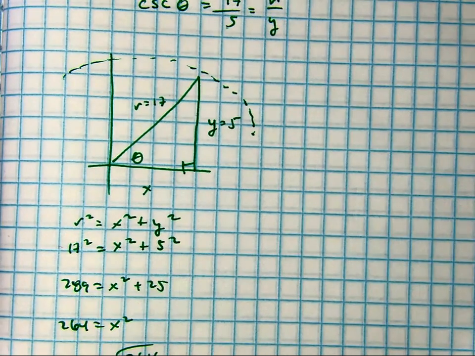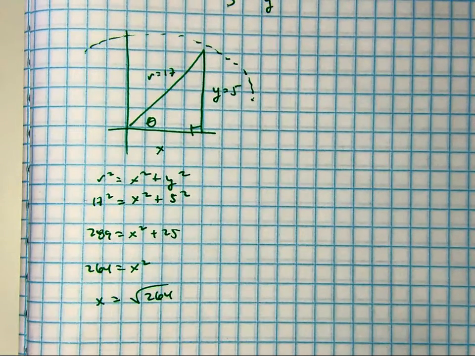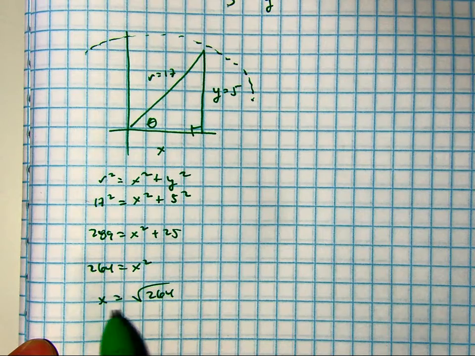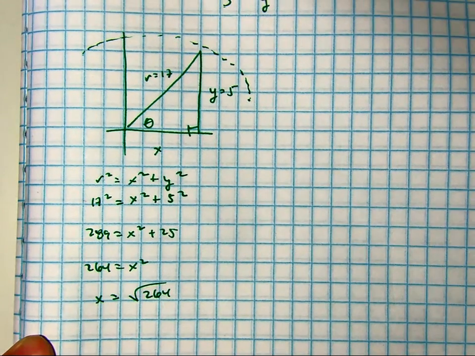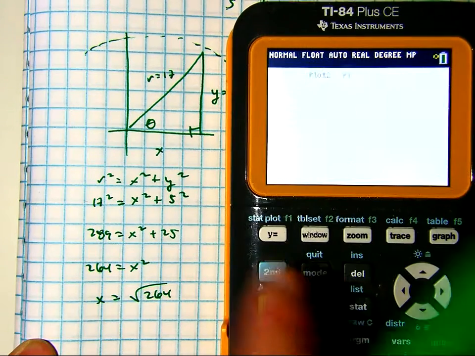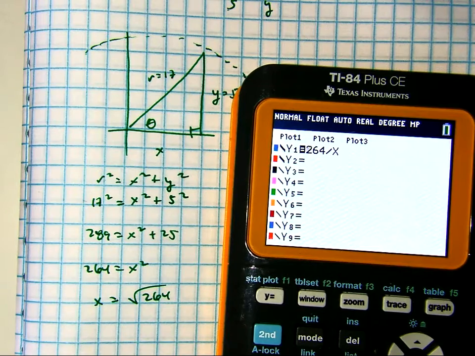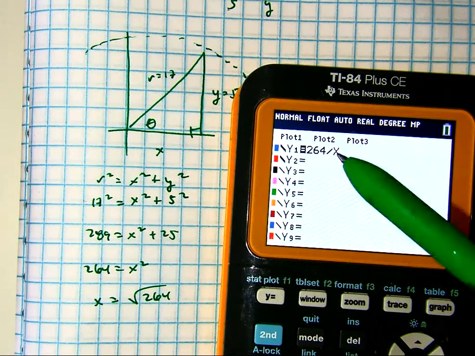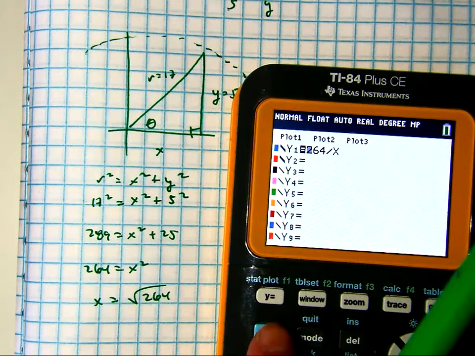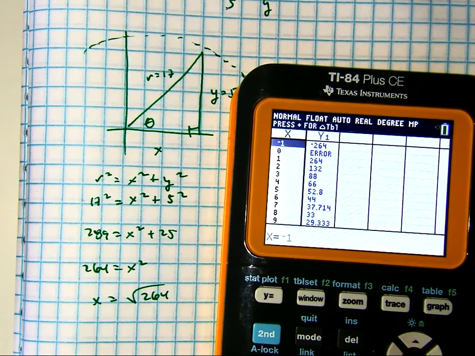17 squared is 289. 5 squared is 25. Subtract, I get 264. And take the square root. I have x equals the square root of 264. And I'm not sure if I showed you this trick, so I just want to show it to you. I just made it up like yesterday. I want to know all the factors for 264. So in my calculator, I put in 264 divided by x. And then I went to my table, and basically it's saying